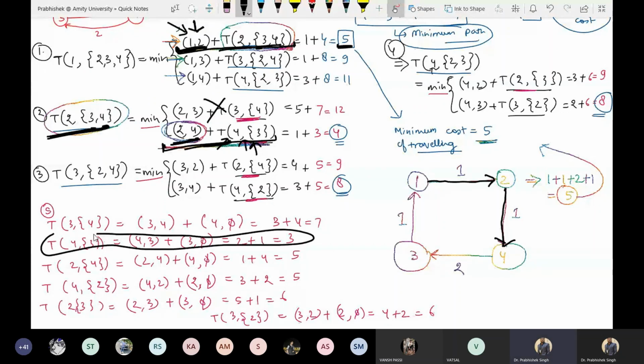If you check this equation, what path have I taken? I have taken the path 4 to 3. Understood? This is the path which I have taken, 4 to 3. Then 3 to null. 3 to null means what? 3 to the starting vertex. So this is the path which you will take. Now you can confirm your answer also by checking the matrix. Is it clear, everybody? Is it clear, Rattan? Yes, sir. Nitin?